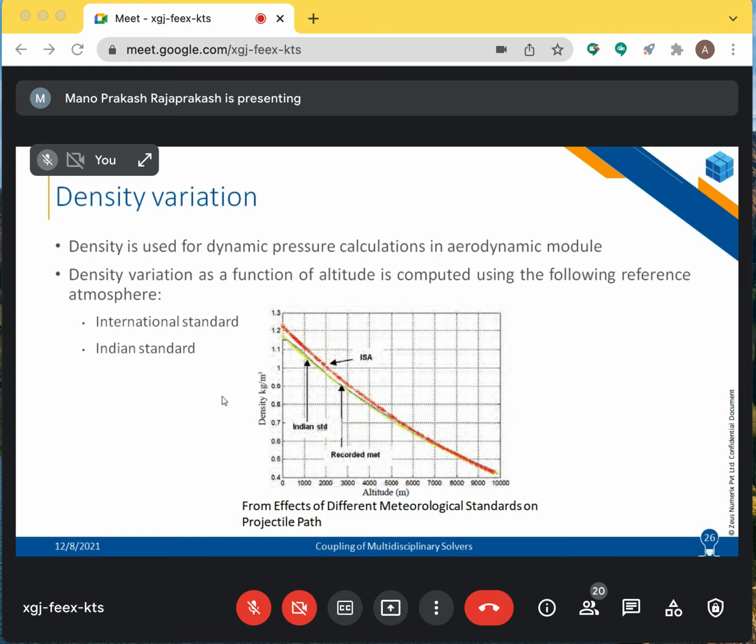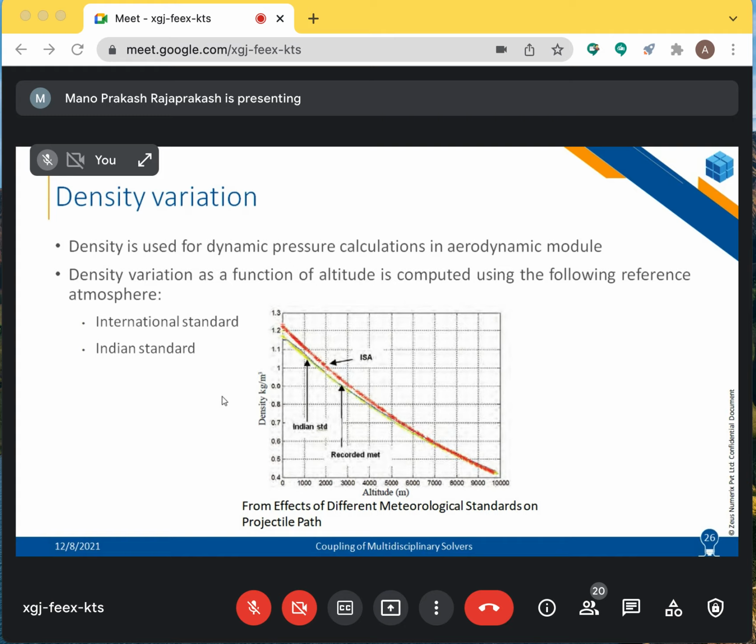So in further simulation modules, we should also be able to cater to such requirements, where the user from a meteorological department can get that data and give us that input. The user should be able to directly load that input. That input is going to give us the density as a function of altitude. It is also going to give us the magnitude of the wind and the direction in which the wind is coming. All that information is completely given in that MET data. So this is how the density variation needs to be dealt with.